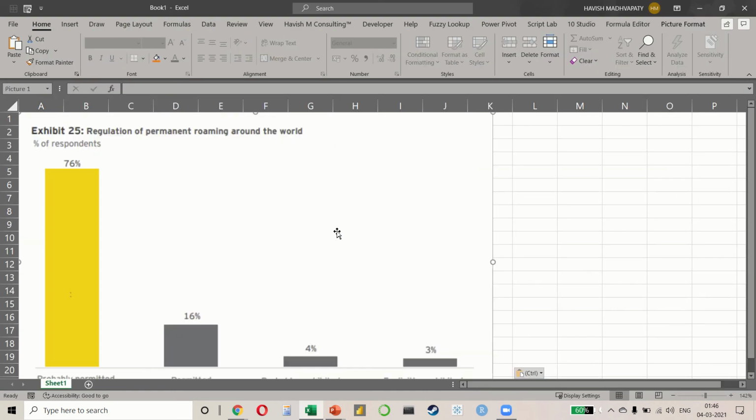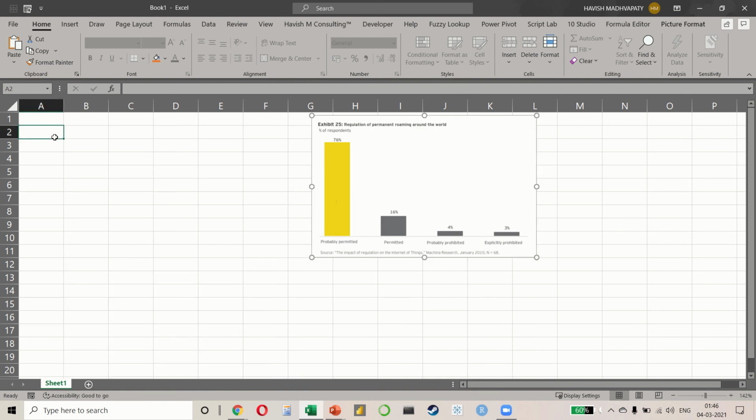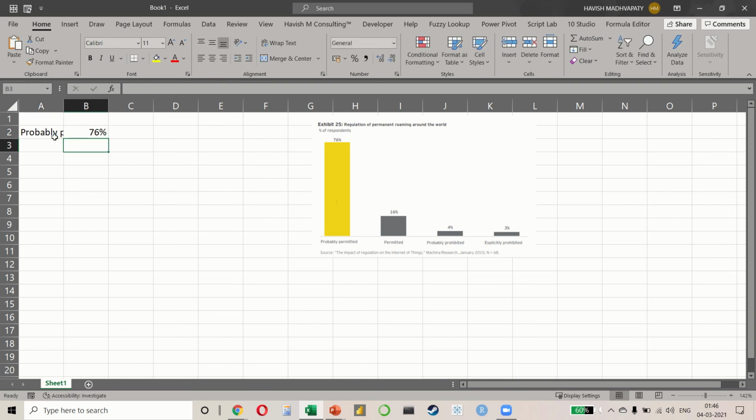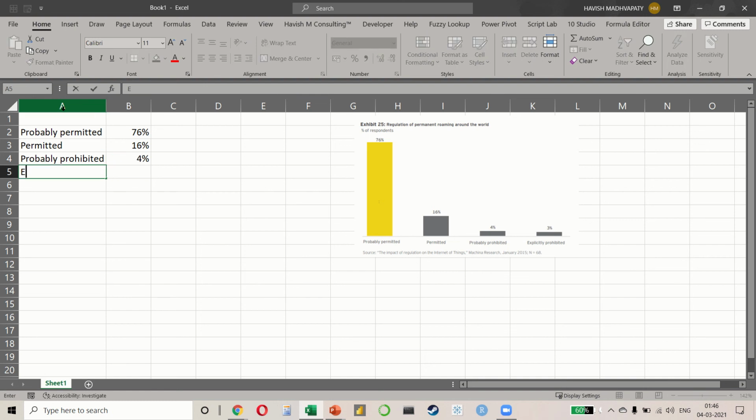Let us take this as a sample. All right. So we will see that probably permitted is 76%, permitted is 16%, probably prohibited is 4%, and finally explicitly prohibited is 3%.